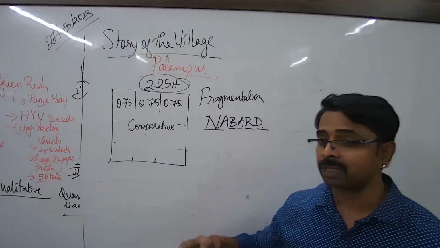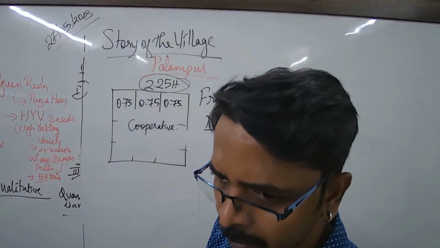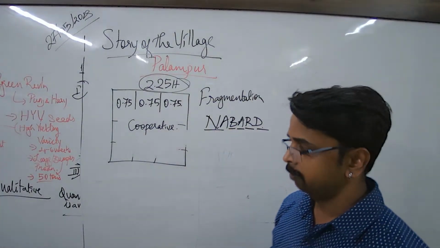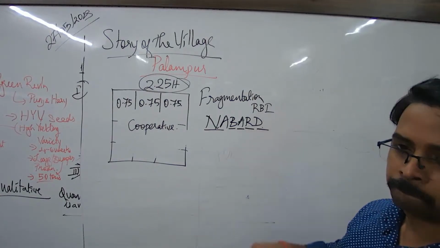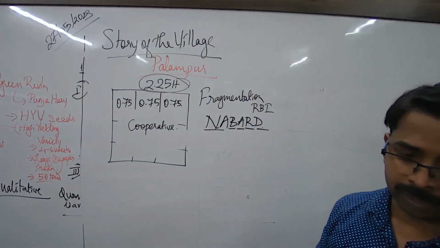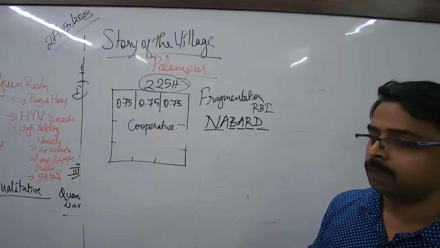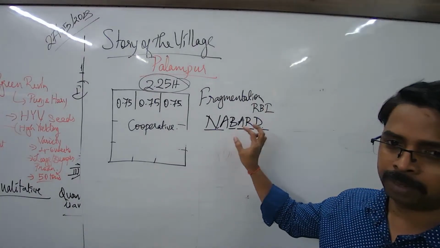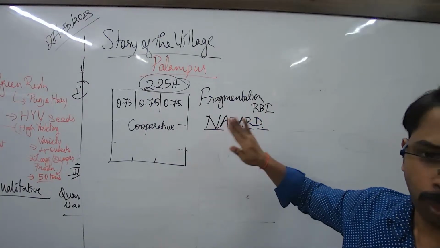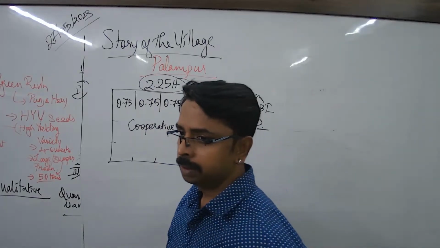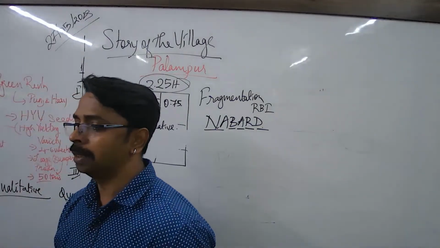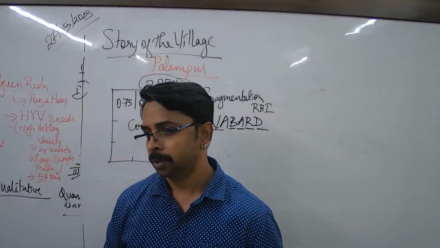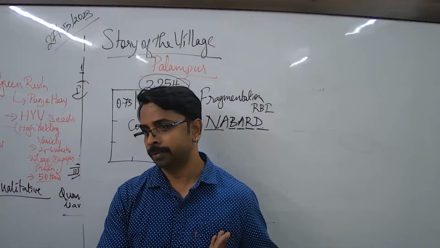Earlier it was just a sister bank to RBI. What is RBI? Reserve Bank of India. Reserve Bank. So this was just a sister bank, but now this is an independent bank only for the farmers. So it is not the government, it is you who are ignorant. You don't want to go there.